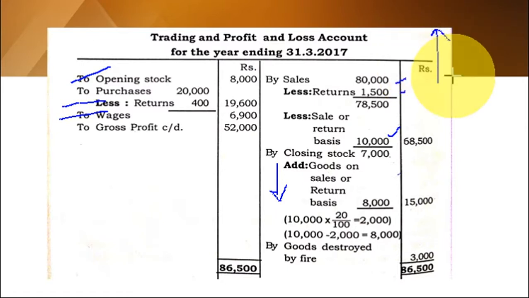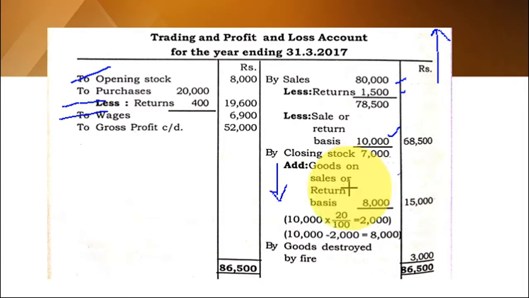So how to make it correct? As sales increased, we are decreasing it. So we are deducting it, less 10,000. So it became proper. Closing stock, I told you, we reduced it, but we are not supposed to. When the goods are not sold, it will again go up, right? So we have to add 10,000 actually. But here we are not adding the full 10,000 because 20% profit is included, right? Profit should not be added to closing stock. Profit is separate. Only the cost price of the goods should be added.